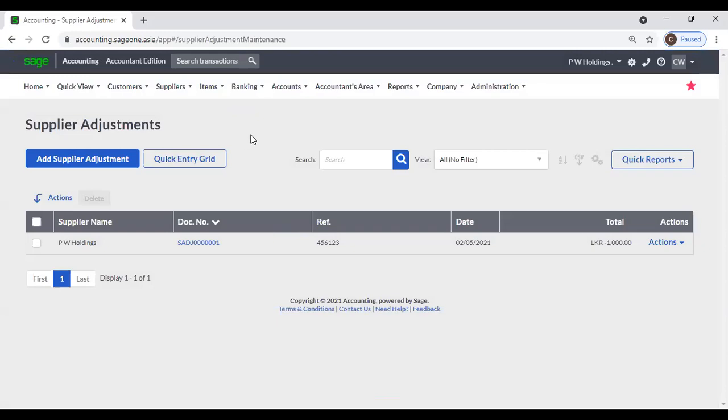Now, from this supplier adjustments, you can use it sometimes after an audit or after a management decision, when you may need to change your supplier balances. For example, if your transaction, such as transport or other expenses when you are purchasing goods,